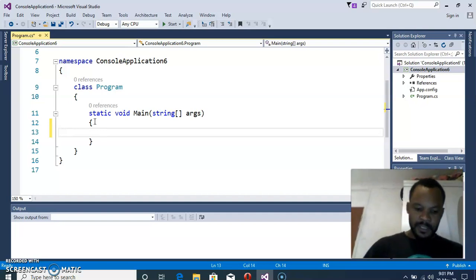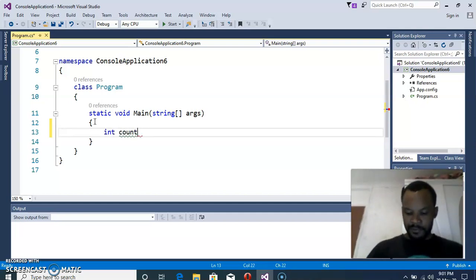So let's start. First, have a data type and declare a variable. I can just use count, and then I assign the value one. Now, before we do this, let me first do a while loop and then we can demonstrate that later. So this is that,